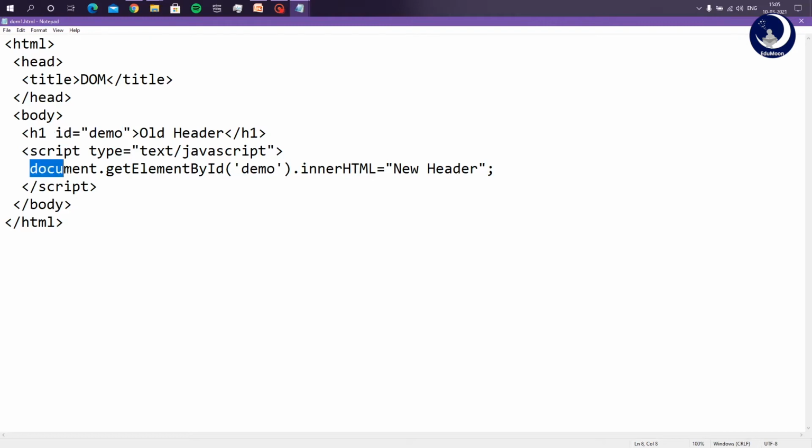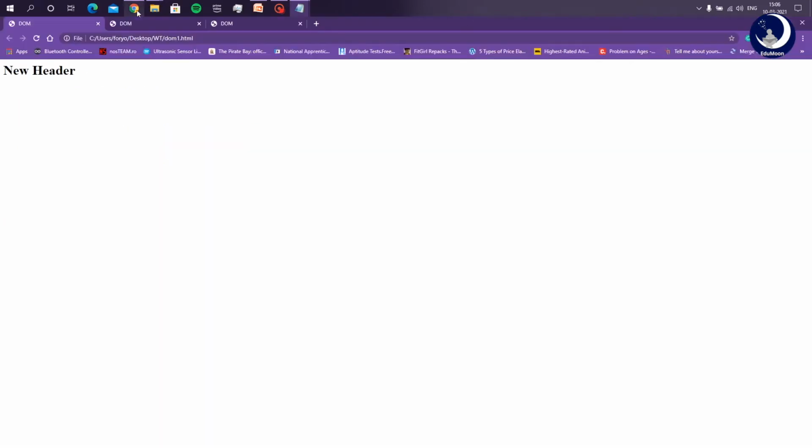I would say document.getElementById of demo. And then I want to change its content, so I have used innerHTML. This is the change I want to make to this particular element. So I would use .innerHTML and the value I want to change it to. So when I open this page, it shows new header instead of old header. This is the output.